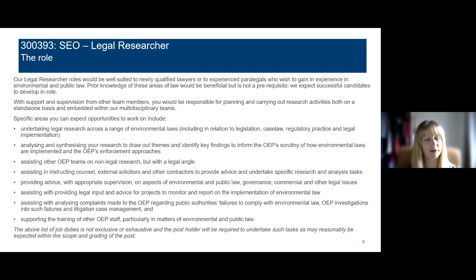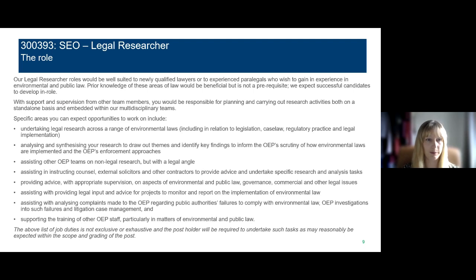And I suppose we have relatively defined roles in as much as we have areas that we particularly lead on, but then the grade 7s, the principal lawyers, and our paralegal currently really do work across everything, and that would be the idea for the legal researcher role as well, to work supporting the team